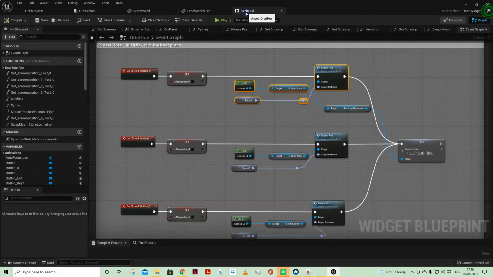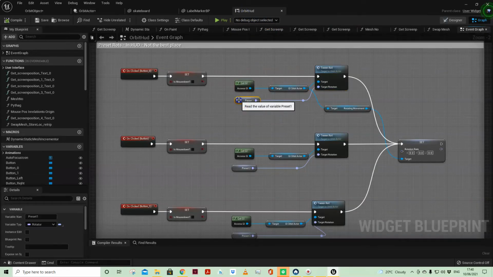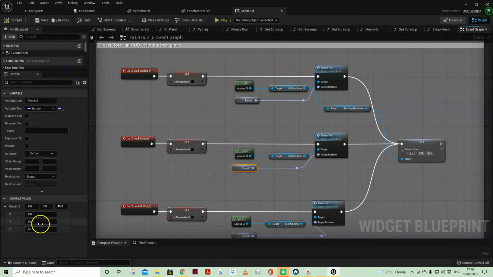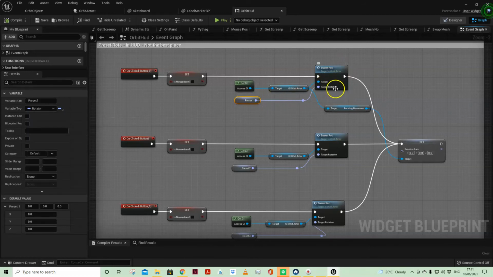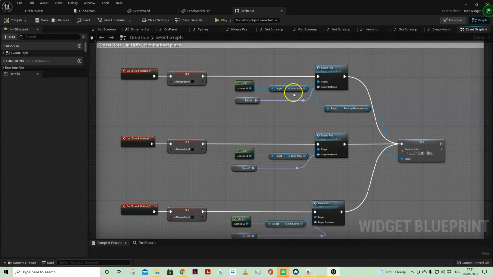So coming back to our orbit HUD, you can see that I've got some presets that I've just kind of hard coded. These could obviously come through from a data table or somewhere else, but I've just put them for the purpose of the demo. And I am referencing the orbit actor, triggering that custom event, and thereby passing through that target rotation. I'm also